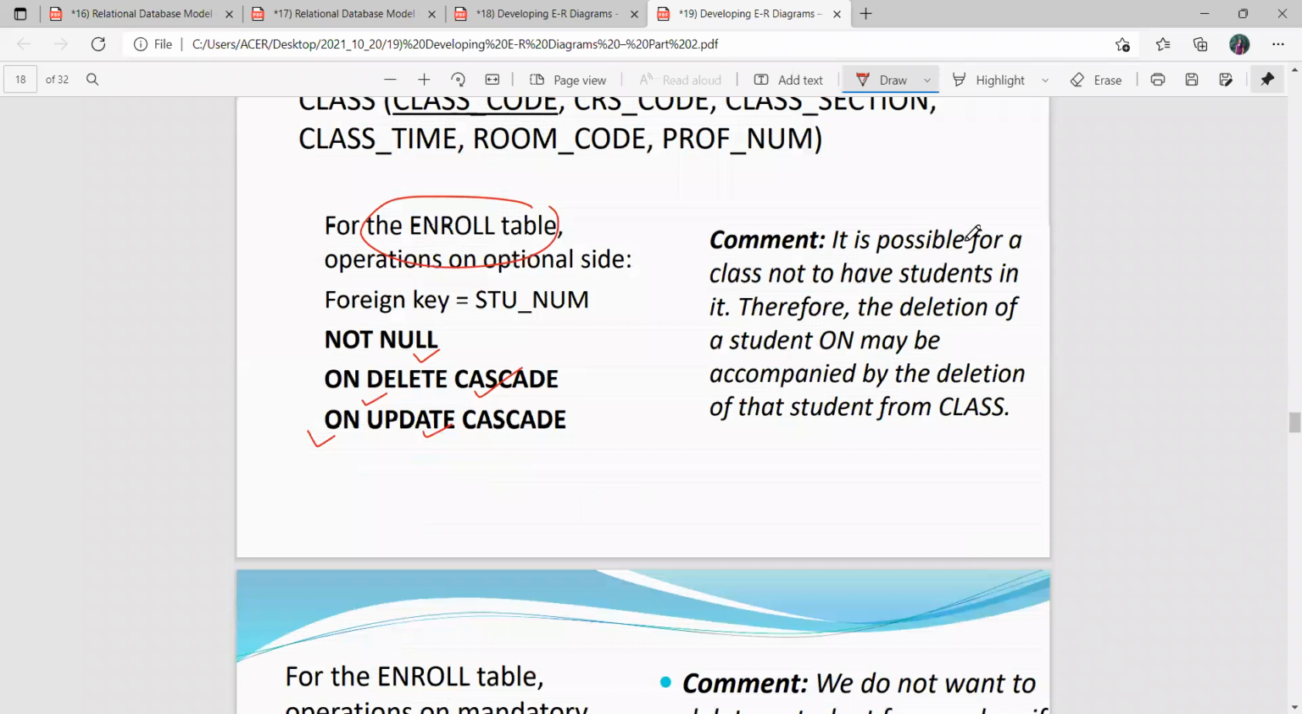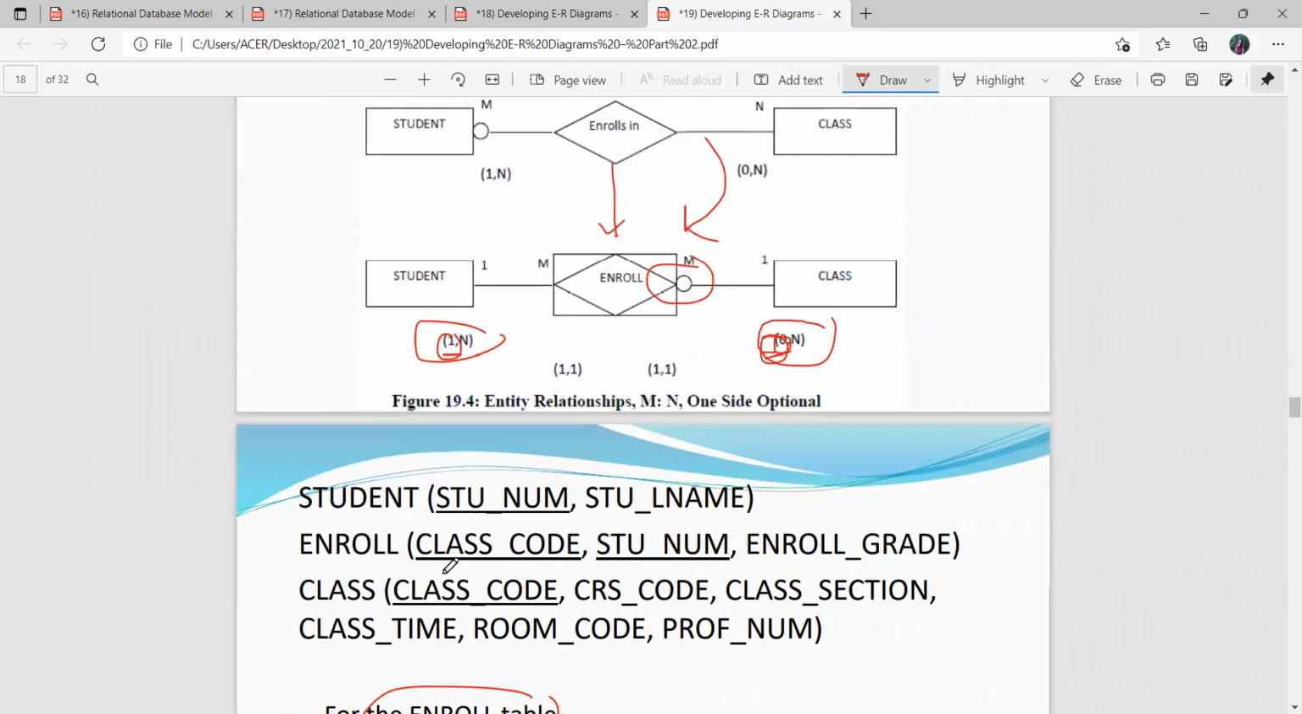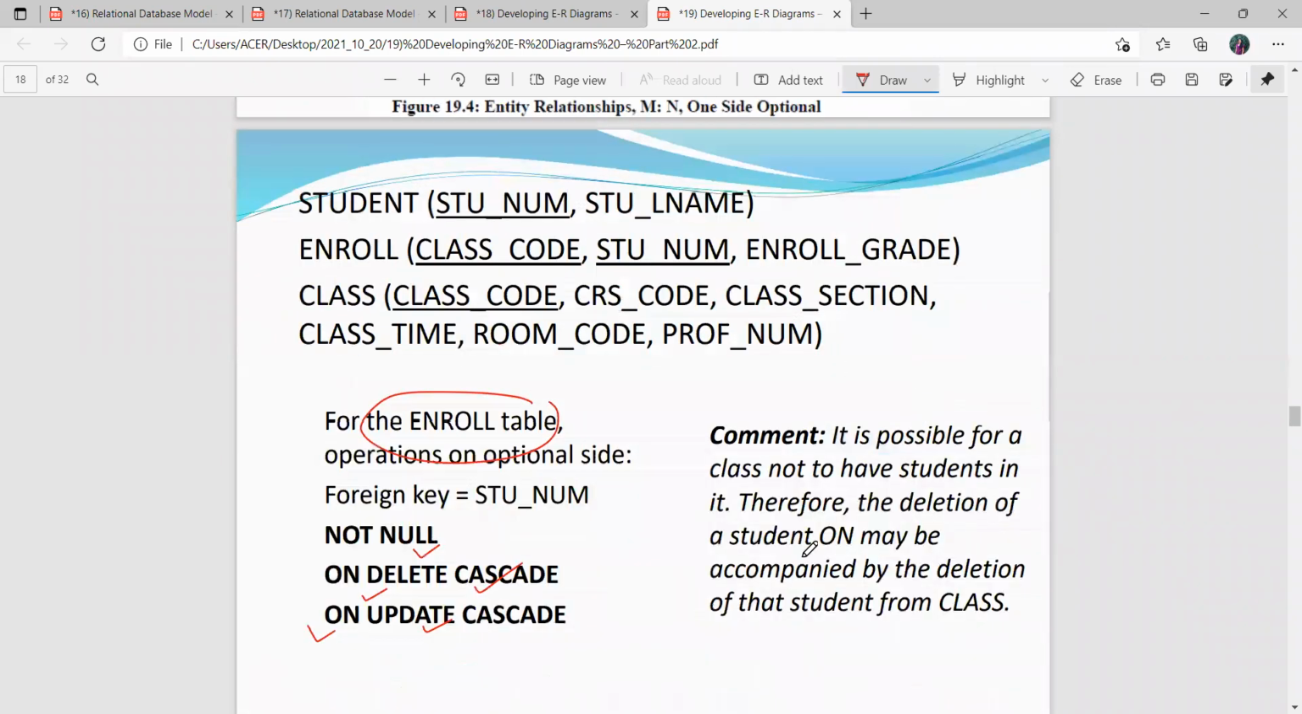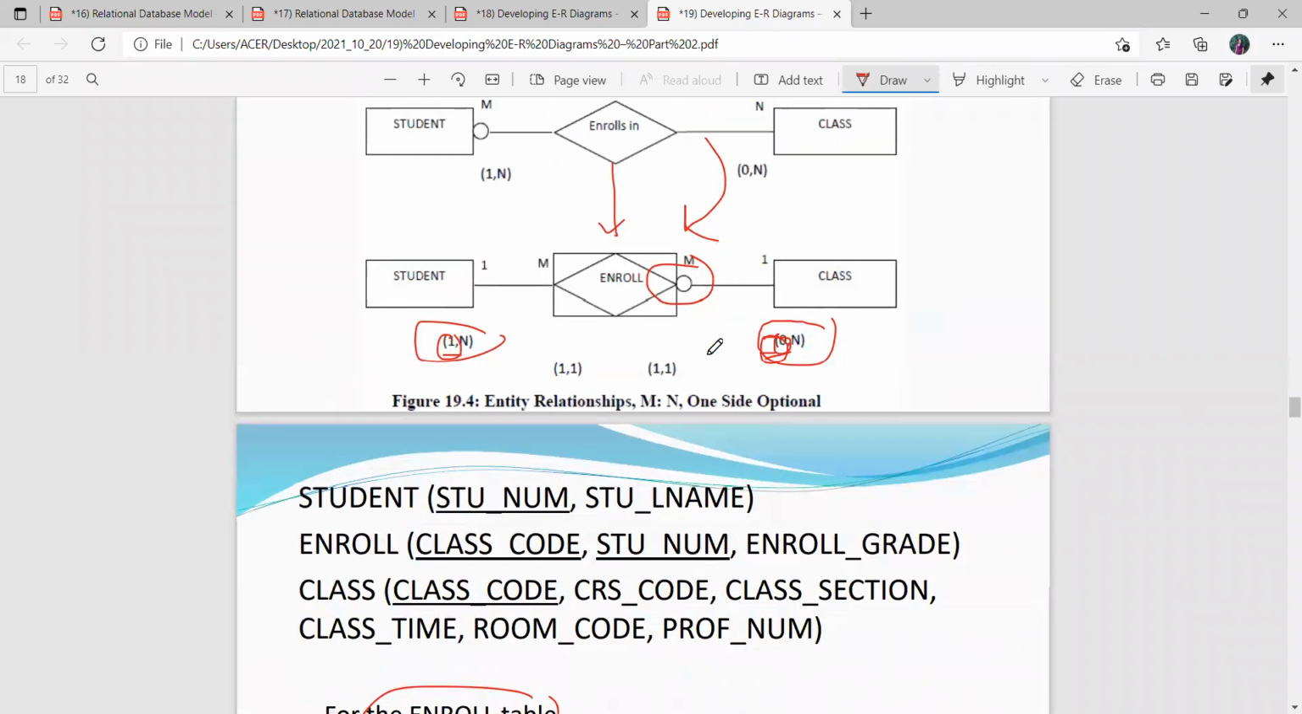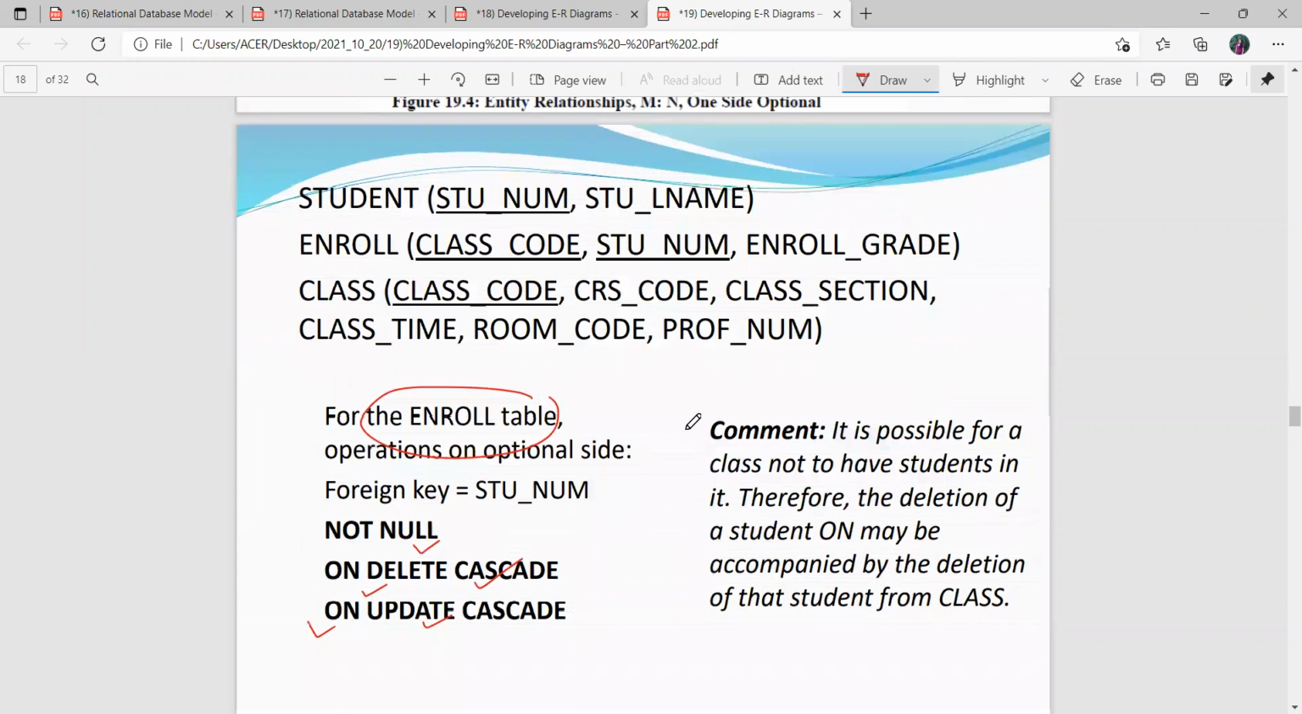So therefore, the deletion of a student may be accompanied by the deletion of the student from the class. So if you need to create a class without a student, you can create it by deleting the student from the class, because it's not a mandatory field, it's an optional field. Okay,